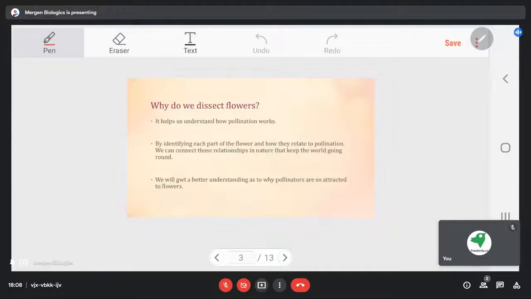When we find a flower very beautiful, we get attracted to it, so we touch it. And when we touch it, the pollen grain will attach to our hand, and then it will be carried forward to the female part of the flower. So this is the reason why pollinators get attracted, and this is the reason why the petals of every flower are so beautiful and so aromatic, so that other pollinators like birds and insects get attracted to them.